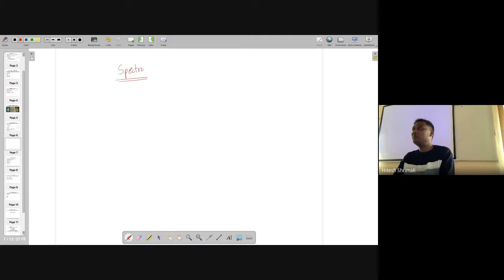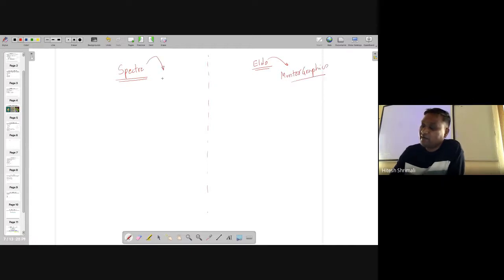There is also one more, which is equally used, or I would say it has more usage than Spectre. It's called Eldo. Eldo is from Mentor Graphics, and Spectre is from Cadence.